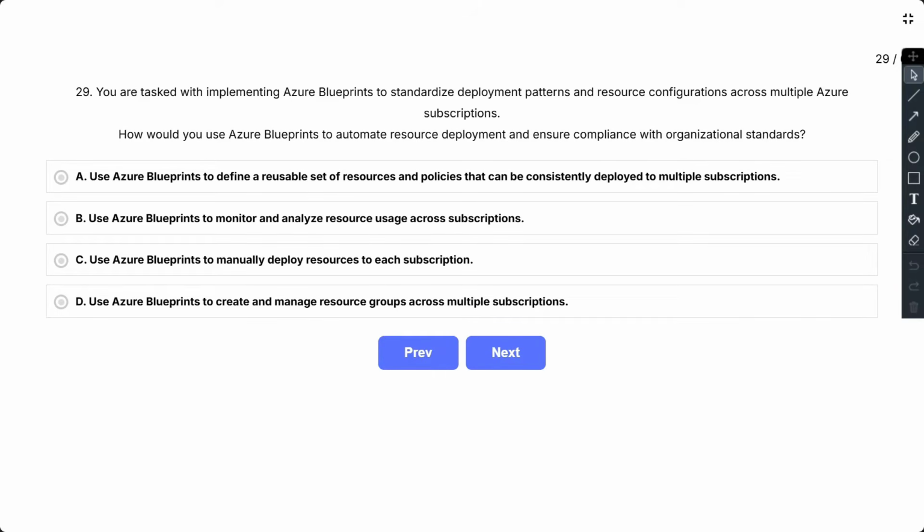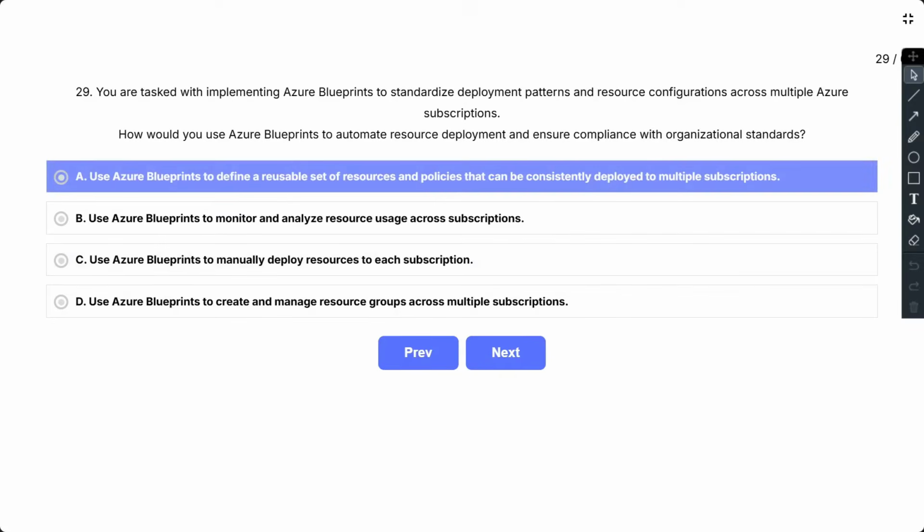Question number 29. You are tasked with implementing Azure Blueprints to standardize deployment patterns and resource configuration across multiple Azure subscriptions. How would you use Azure Blueprints to automate resource deployment and ensure compliance with organizational standards? The options are A. Use Azure Blueprints to define a reusable set of resources and policies that can be consistently deployed to multiple subscriptions.